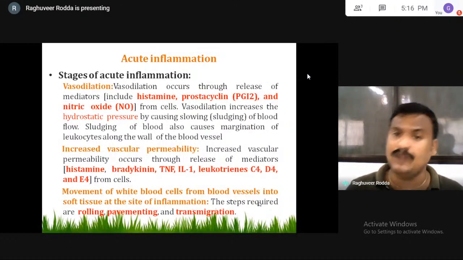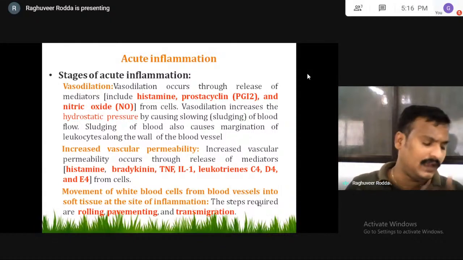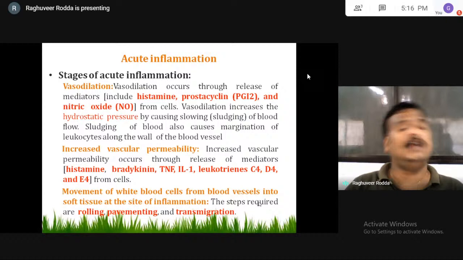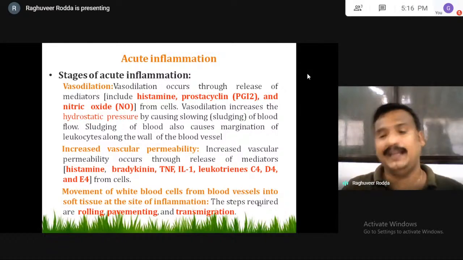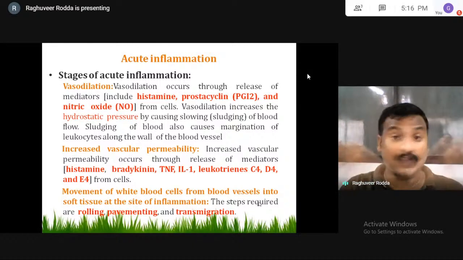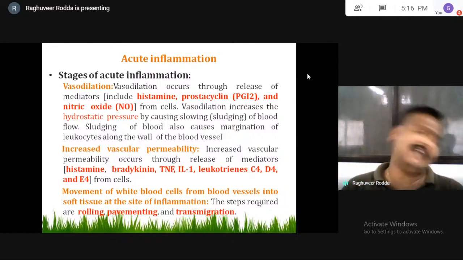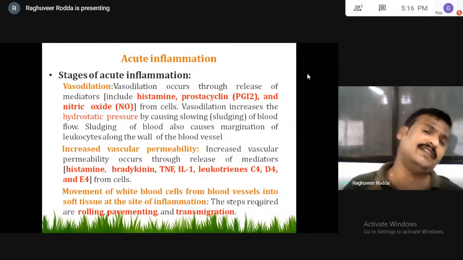So vasodilation is only responsible for the starting of the inflammatory process and the swelling process, by increasing vascular permeability, producing a gap in between the endothelium cells, which are very close together in the normal condition. So as and when the antigen comes,